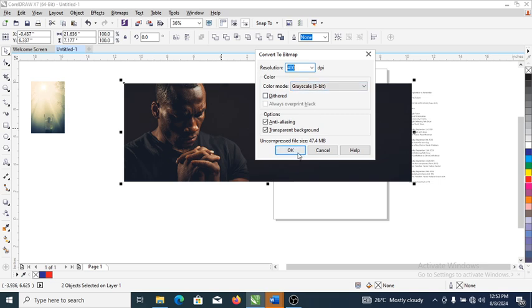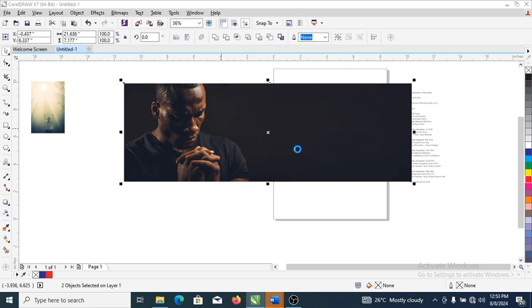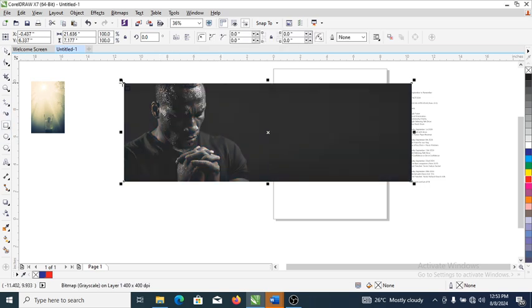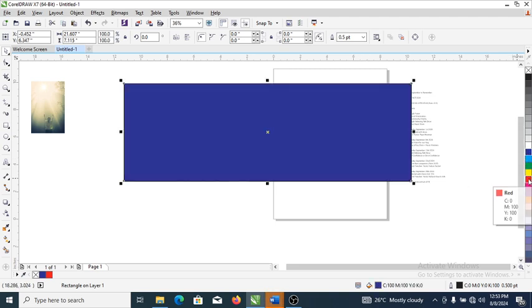This time it's going to be grayscale, so let's use grayscale. Wait a while for that to initiate. Good. So right now what we're going to be doing is to create an object on top of that, just like so. Good. Now we're going to make that blue, then hold the Ctrl key and tap on red to make it purplish,